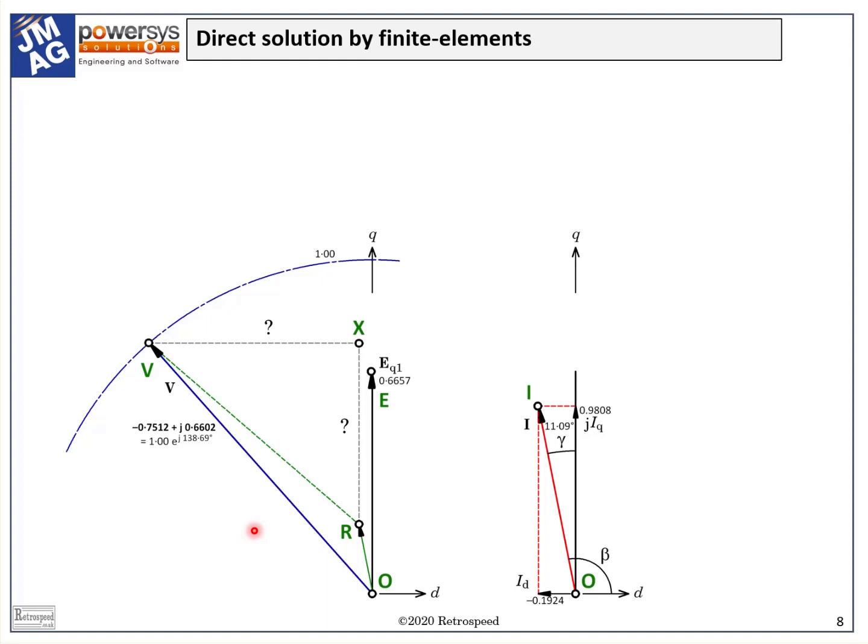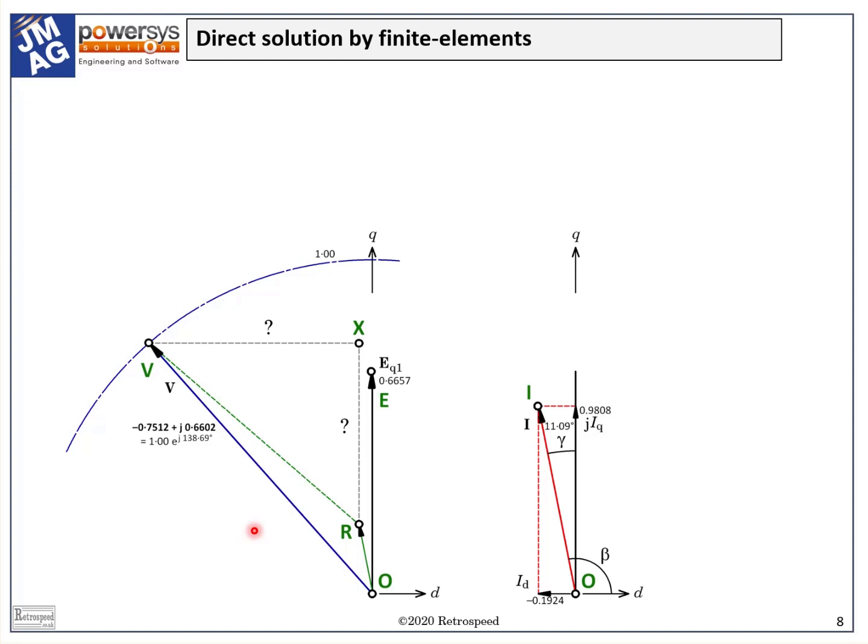It might be interesting to note that in the classical theory of the wound field synchronous machine, which is quite a bit more complicated because of the variable field current, this is not even attempted, and alternative methods are used. A good way to look them up is an internet search for the Pottier triangle or Pottier diagram. Pottier was a Frenchman more or less contemporary with Blondel.